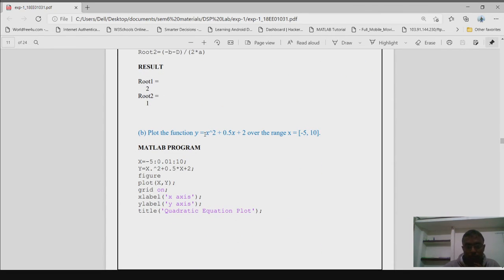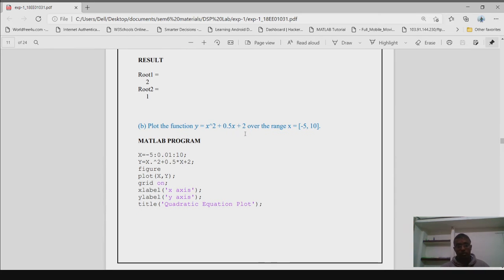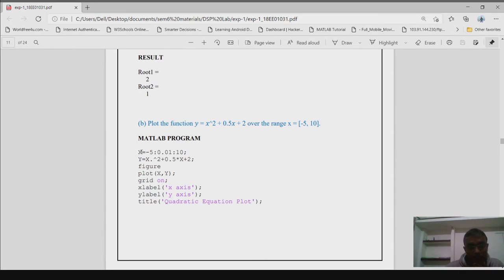After that we should plot the graph x square plus 0.5x plus 2. So again similar things: we take x as some vector, and after that we have to write the expression y is equal to that one.